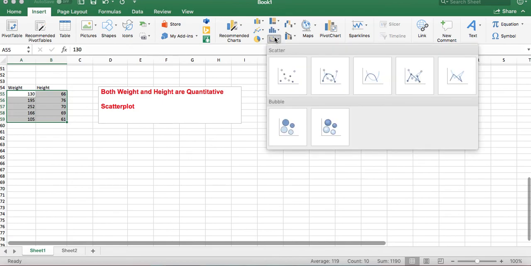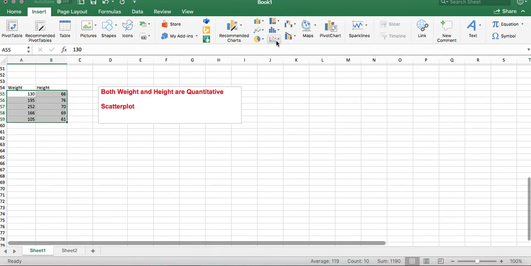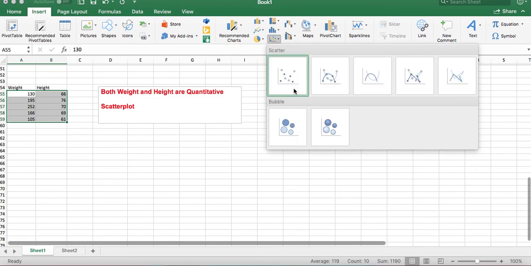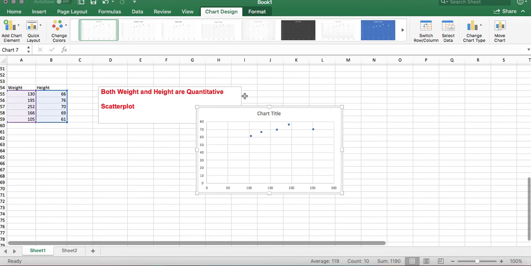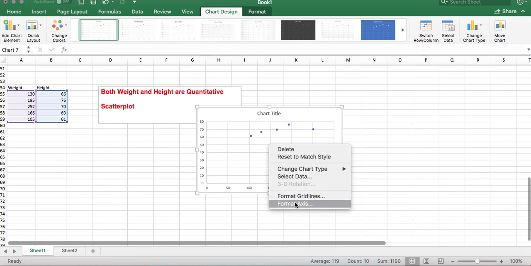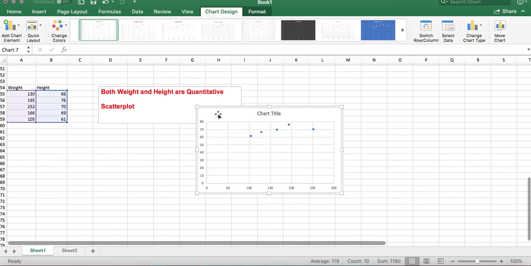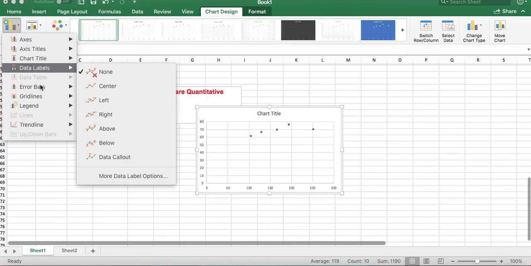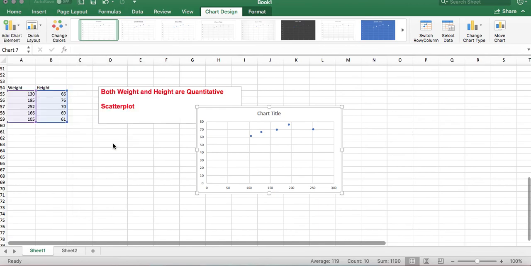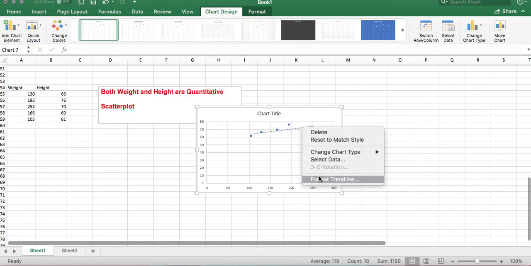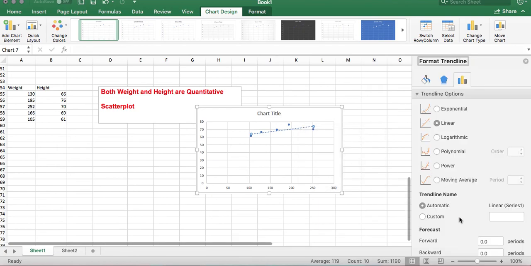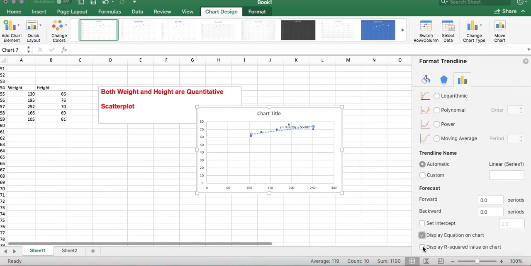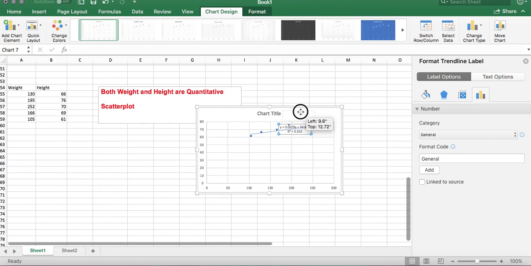Okay, this is a scatter plot, the one that has the graph lines and then all the dots everywhere. A scatter plot will help you identify two variables that are continuous, and usually you can see some sort of trend. With a scatter plot, we would want to go ahead and add a trend line. So we're going to click on the chart, go down here to trend line and add a linear. This linear trend line isn't super great. We can always format it and add equations down here, display equation and R value. You don't need to know what that means right now, but it's something that you want to know